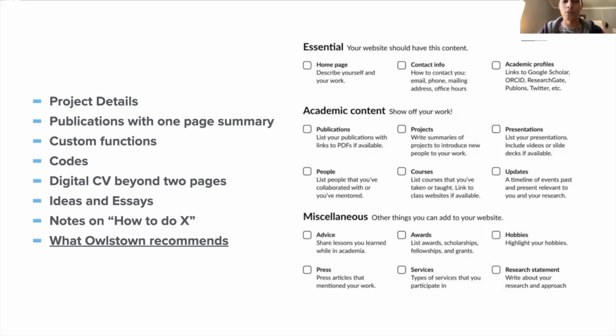Similarly, the kind of code that you write, let's say how you once did a Wilcox regression or Cox regression. If you learned how to do Cox regression, you can write a very simple tutorial on how to do it, which will be useful not just for other people but also for you. A few years down the line, even just 6 months down the line, you will forget how to do Cox regression, and the article that you wrote would be the most useful article that you will find.